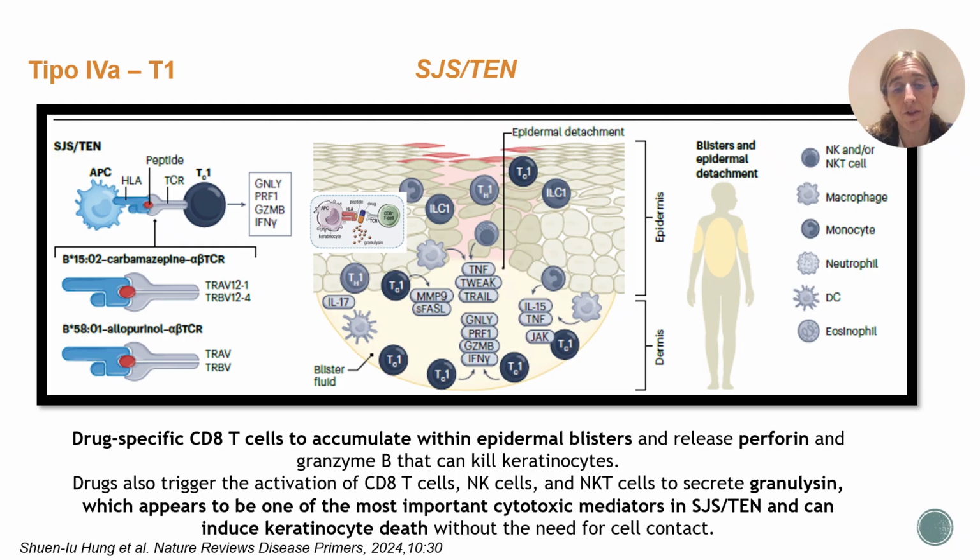So basically, if we go to the immunological mechanism, we see here the antigen presentation through the HLA and the peptide, and the drug-specific CD8 T cytotoxic cells accumulate within the epidermal blisters and release perforin and granzyme B that can kill all the keratinocytes, and this is causing all the epidermal detachment. And importantly,